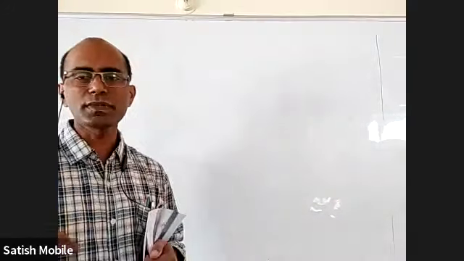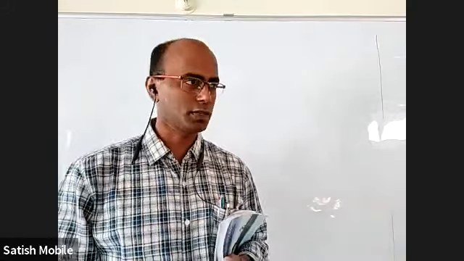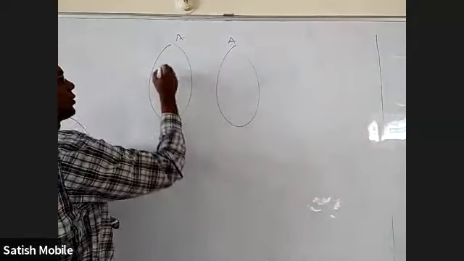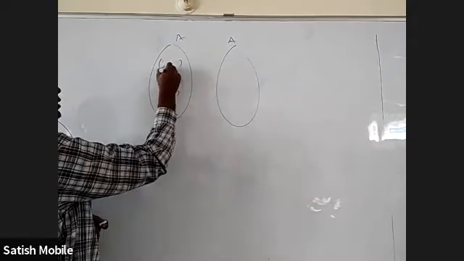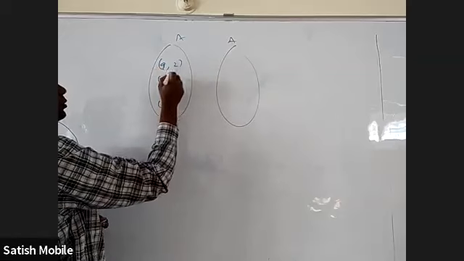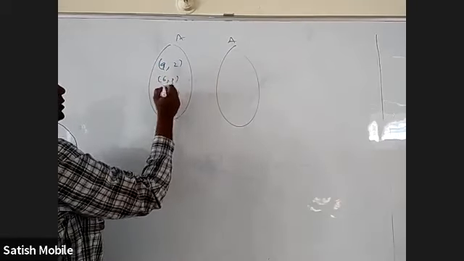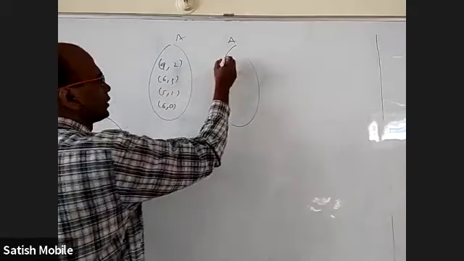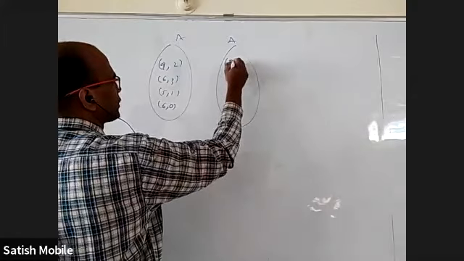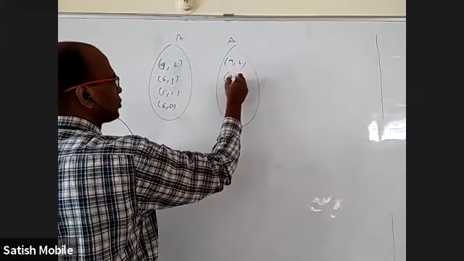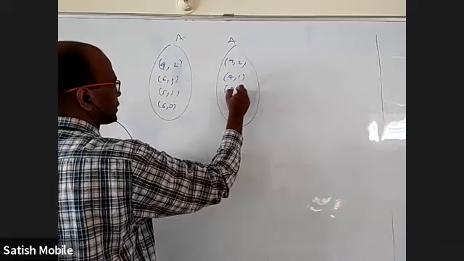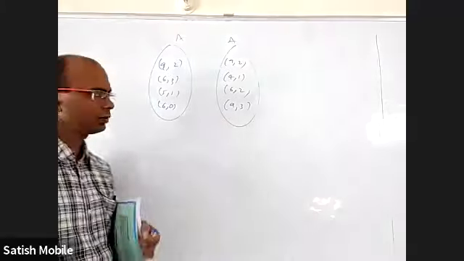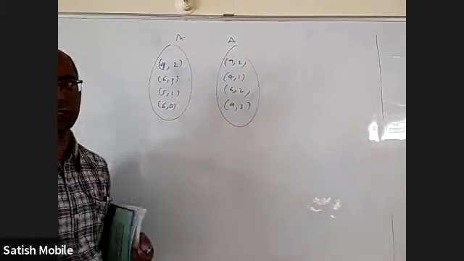Here the elements themselves are ordered pairs, and we are connecting ordered pairs. This is set A, and the relation is from A to A. Here itself a lot of ordered pairs are there: let us say 9 comma 2, 6 comma 3, 5 comma 1, and 6 comma 0, something like that. Here also you can write other things: 9 comma 2, 4 comma 1, 6 comma 2 and 9 comma 3, something like this. All these elements are also there, but I'm just writing some.